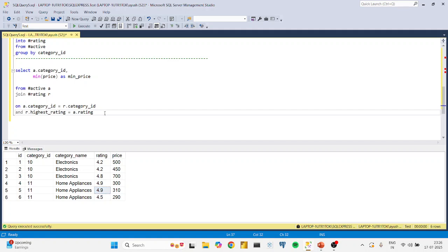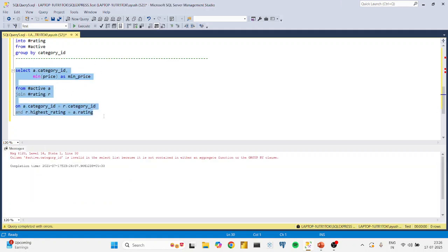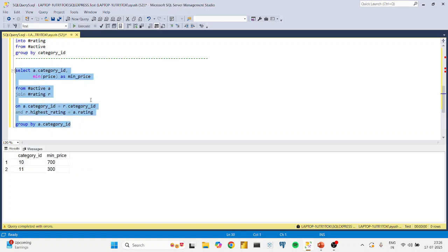So let's run it and let's see if we get it. Oh sorry, we haven't grouped by, right? Grouped by a dot category id. So let's run it. Okay, so yeah, we have gotten it, right? So for the 11th, for the maximum rating we have this price, and for the 10th, for the maximum rating we have this price. Okay, so again let's put this into another